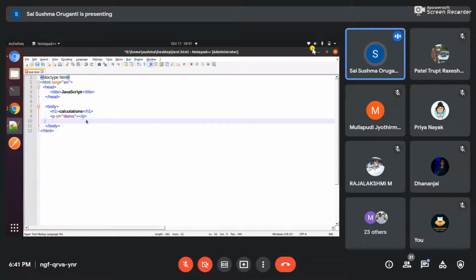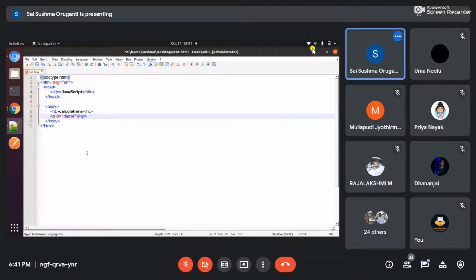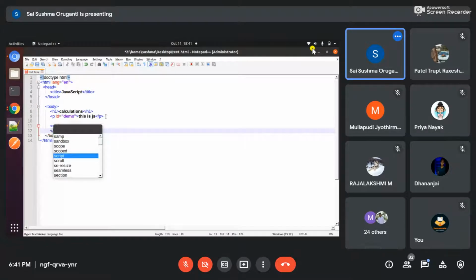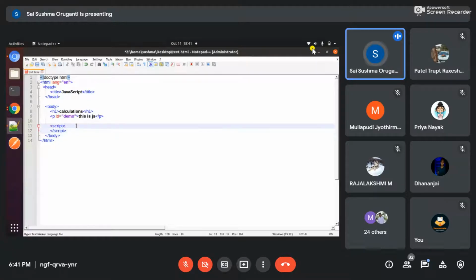Text: suppose I give "this is this." Inside this I'm writing a script. JavaScript has to be written inside the script tags only, right?